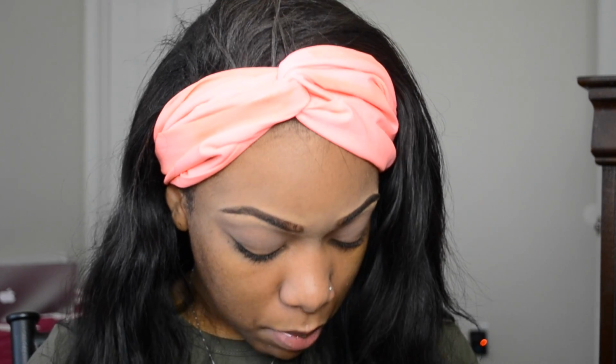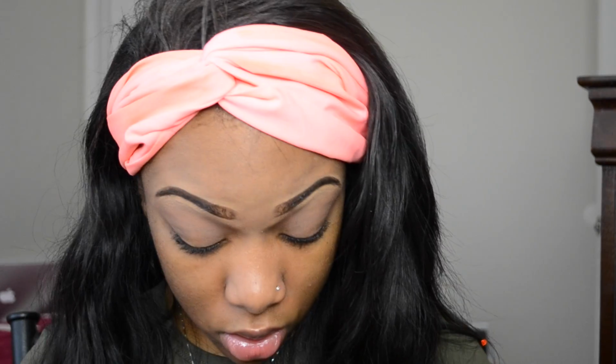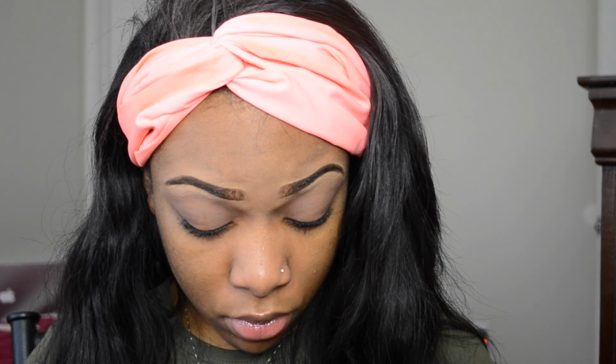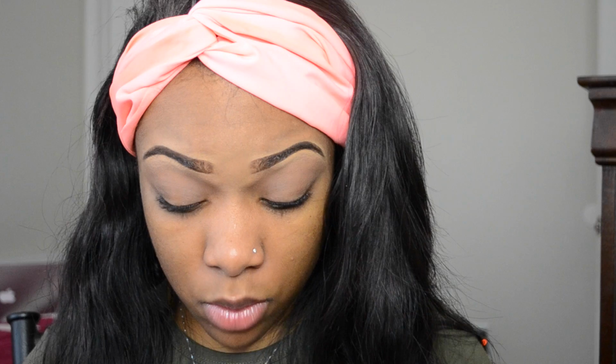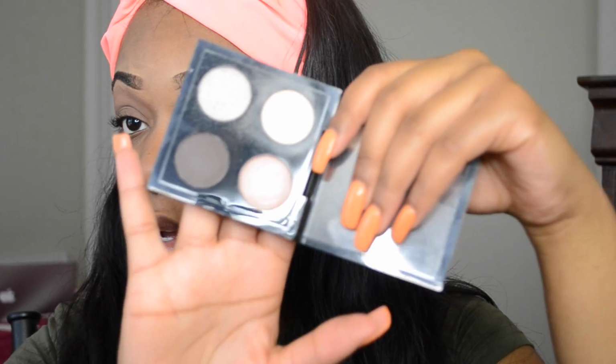So how do we want to play this? Actually, we're gonna go in with the MAC palette first. I'm gonna go in with this MAC Showstopper palette, and I believe this color is... I have the hardest time reading these colors, like I don't know what order it goes in, but I'm just gonna show you the color I'm going for. It's like a pinky,